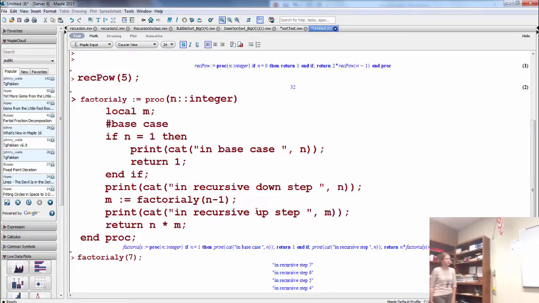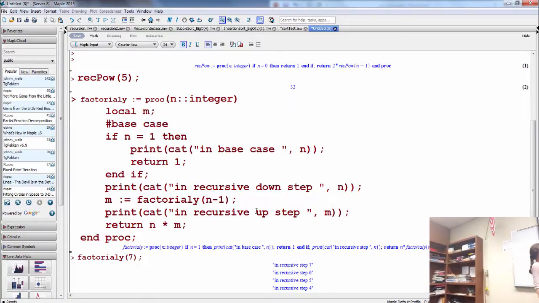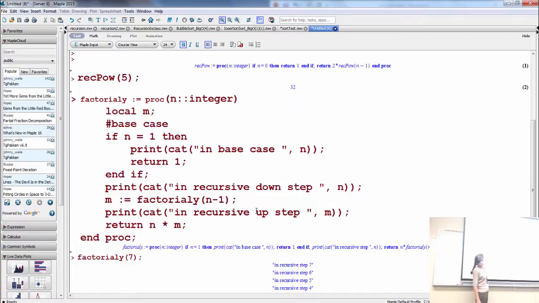All right. So note that what I did is I just took that function call out of my return statement so that I could print it out. That's the only reason I moved it up there, so that I could see when it moves down and then when it moves back up. And this will help you visualize your code too. You can take any recursive function and do this so that you can start to visualize it. Okay?